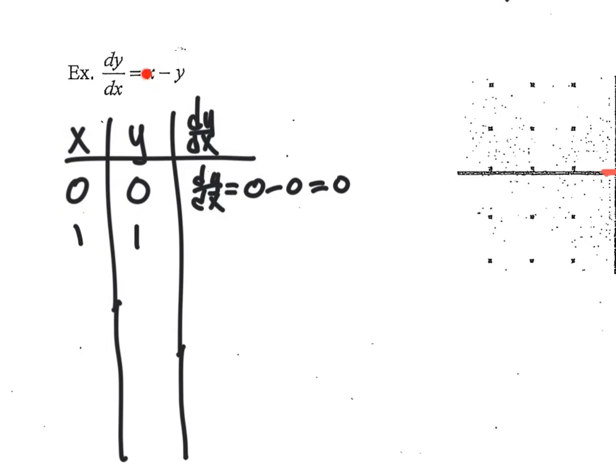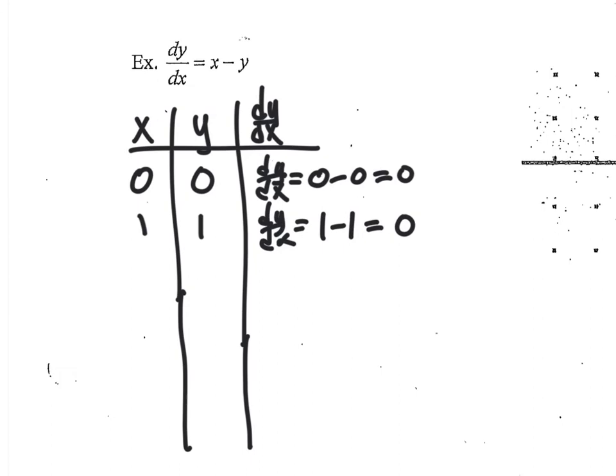When I subtract the x value minus the y value, if they are the same, then we'll get a slope of 0. So my dy dx value is equal to 1 minus 1, which gives us 0. Okay, so I'm going to come over here and draw a slope. I have a slope of 0 here. If I put in the point 2, 2, I get dy dx is equal to 2 minus 2, which gives